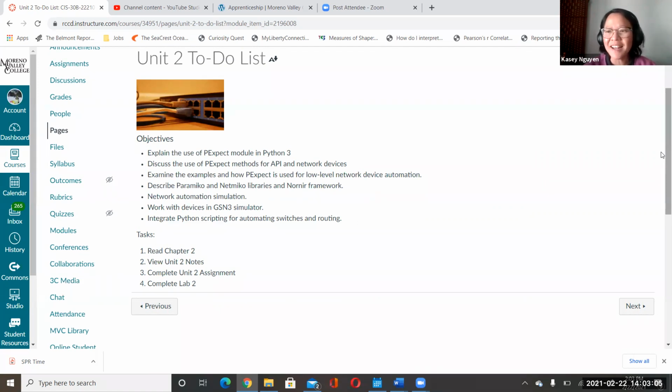And I'm so excited because from here, you can start expanding your Python capability, and touching back on what we've learned in CIS 30B. And then we will touch a little bit on Paramiko and Netmiko.